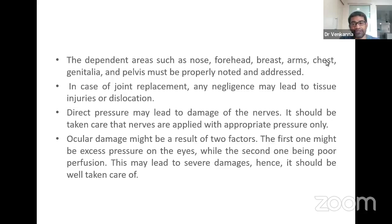Is there any breach of the skin, or is it well documented? In case of any joint replacement, any negligence may lead to tissue injuries or dislocation. Direct pressure may lead to damage of the nerves. Care should be taken that nerves are applied with appropriate pressure only, like brachial plexus and